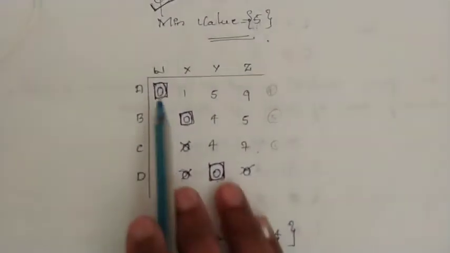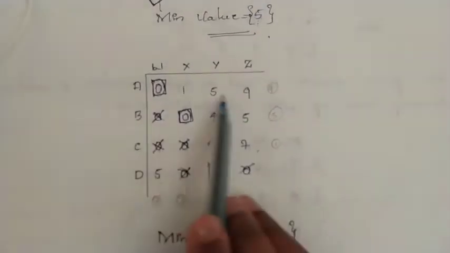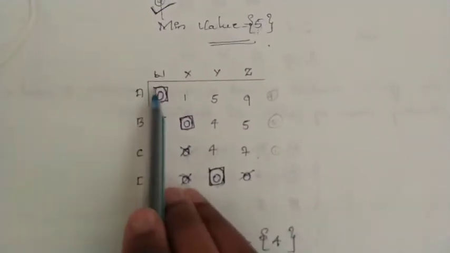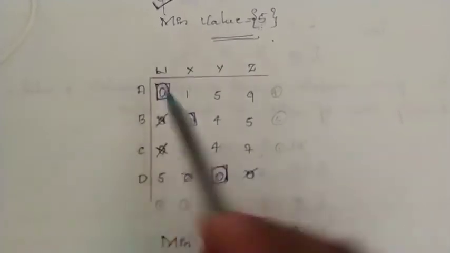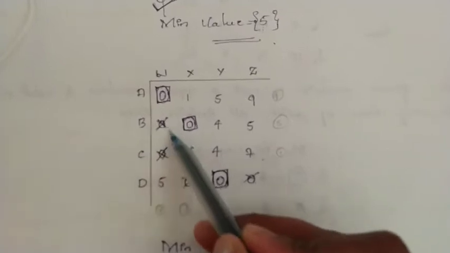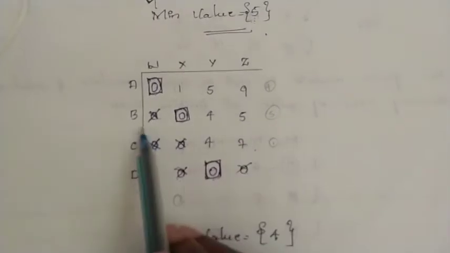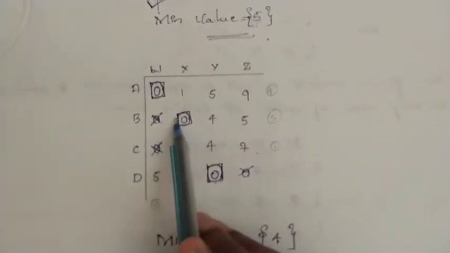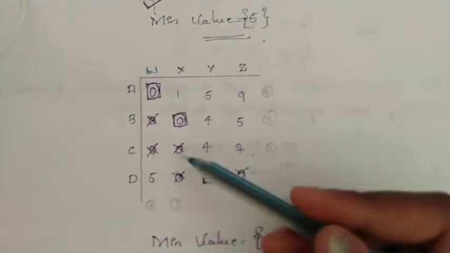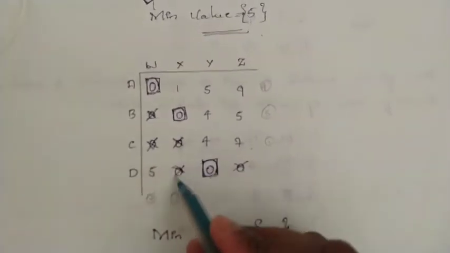Once you get the new matrix, once again go on doing the assignment. First go with the first row. In the first row, as we are seeing there is only a single 0, just do the assignment for that 0 and move along that particular column, and whatever number of zeros are there will be cancelled with cross lines. Next move to the second row. In this also there is only one 0, just make an assignment and move along the particular column, and as there are 2 zeros, those will be cancelled with the cross mark.